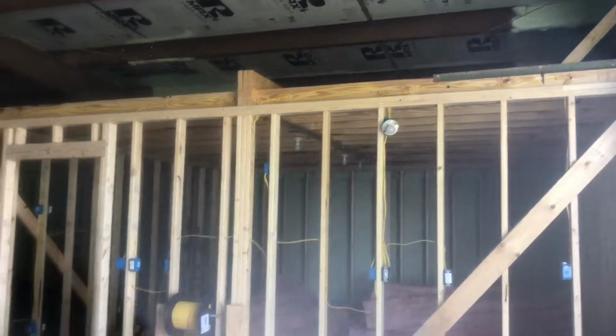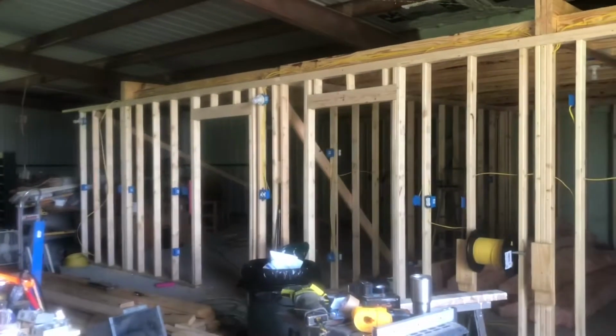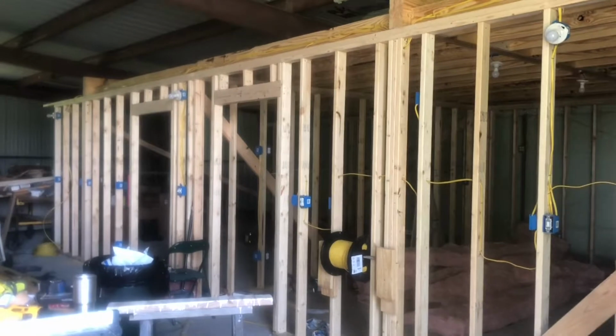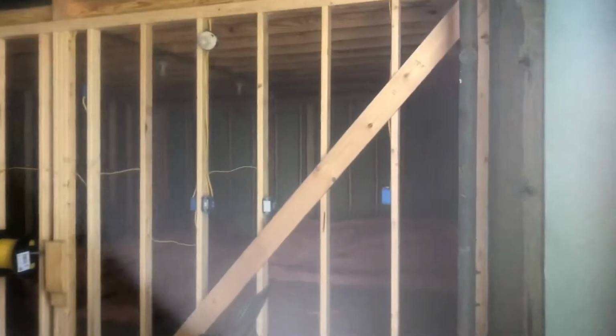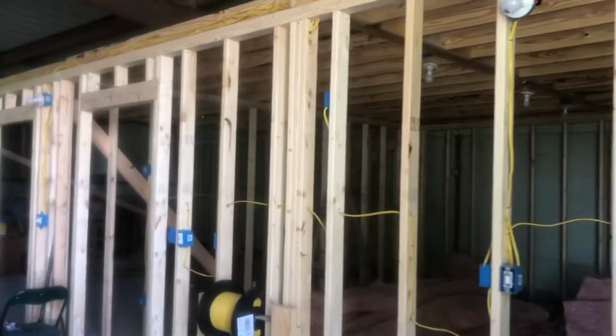Got the beams built, got the joists up on this first room, which will be the farm room, and this half of the second one, which will be basically the tool room, workshop area. Got all of our plug boxes in, got all that wired up, and just did a smoke test. Some electricians, you'll hear say that's when you turn all the breakers on and see if anything starts smoking, and nothing did. So effectively put on the electrician hat, got everything done, and then took that electrician hat right back off,